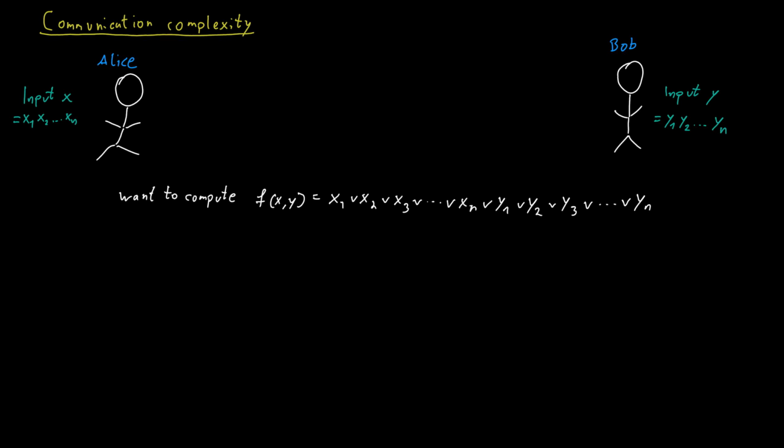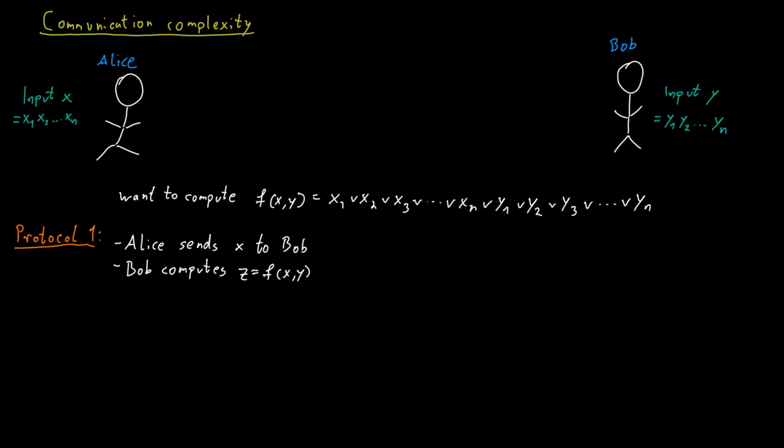So basically they want to return yes and accept the input if any of their bits is 1, and they want to say no otherwise. There's a very simple protocol that would solve this problem and in some sense sort of circumvent the whole setup here. What we could do is we could simply say to Alice, send all your input, all your n bits to Bob, and then Bob knows everything he needs to know. He knows X and he knows Y now, and so Bob can just compute the function on his own.